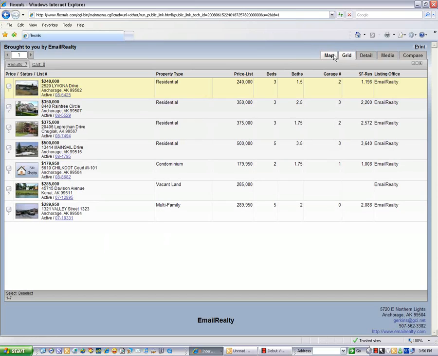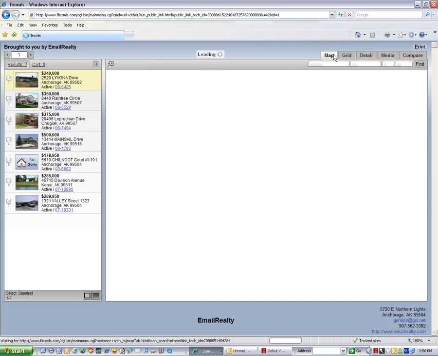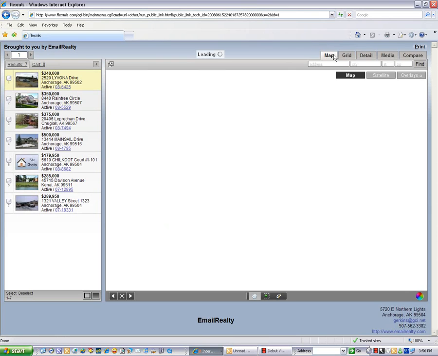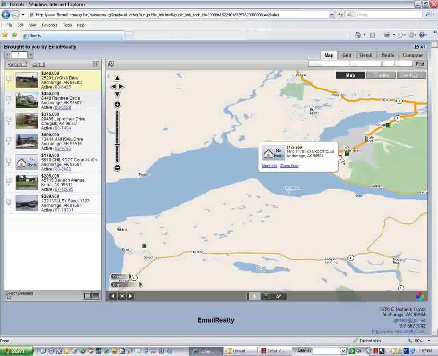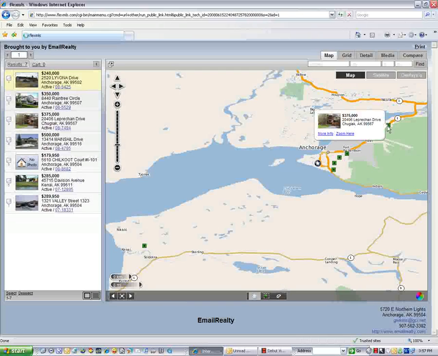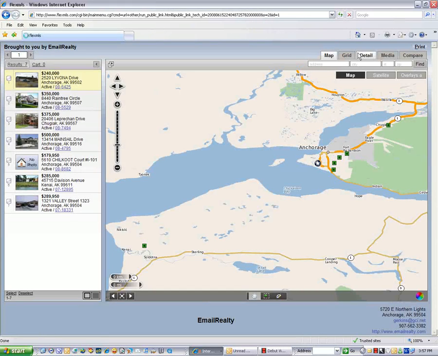You then can go in and you can look at the map. All the properties that are there, we send out to our buyers the same thing on individual property they want, but you can see where it's in Chugach, up here, Fort Richardson area, and it even shows what the properties are and where they are. If you want to then zoom in for more information, you can. But you can also go through the grid,